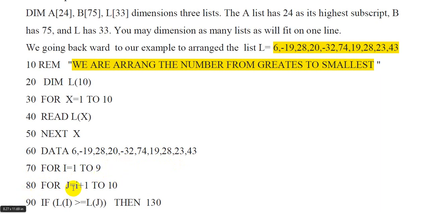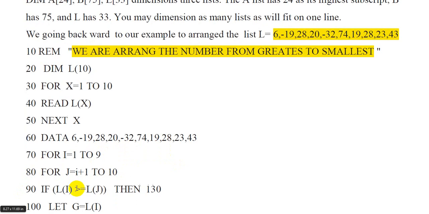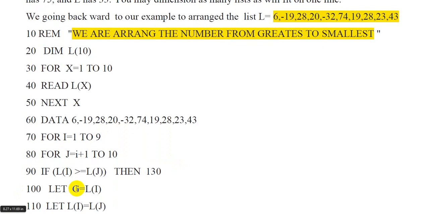80 FOR J. In this case J will be comprised of I, as you can see from here, from 1 to 9. The J stands for the I counter we just visualized. As you can see, it will in this case equal I plus 1 to 10. So 90,